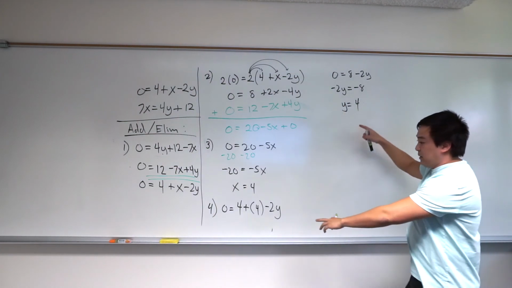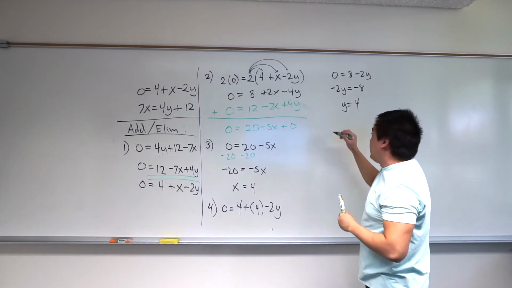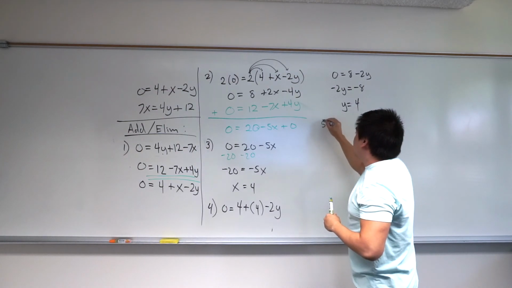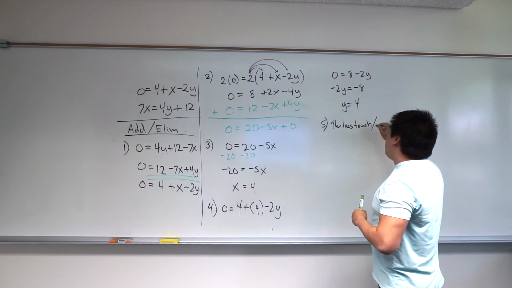So notice that we got the same answers, right? At negative 4 and 4. And the reason for that, again, is because the lines touch or intersect